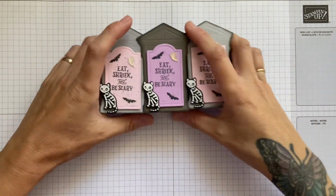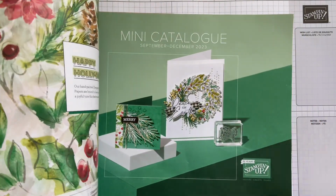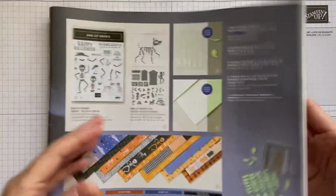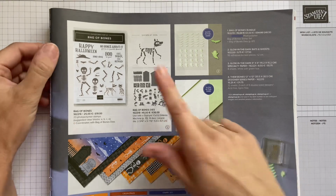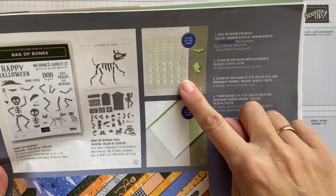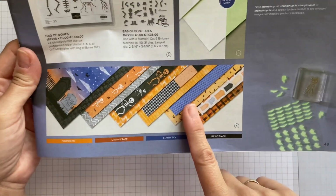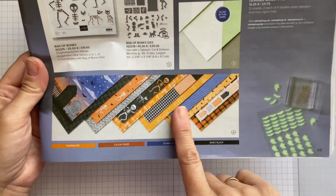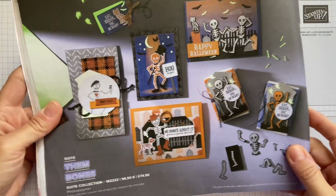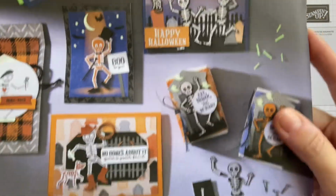Now this is using, get them out of the way. Okay, so from our new mini catalogue, it is the Bag of Bones stamp set and dies that I'm using. I'm also using these. Now these are the glow in the dark bats and ghosts, and they're obviously sticky, brilliant. And I'm using some of the Them Bones DSP to make it. I am having a lot of fun with these skeletons. Yes, they are really cute. How fabulous. Right, so what you will need,